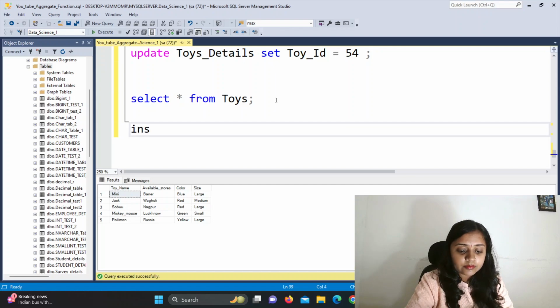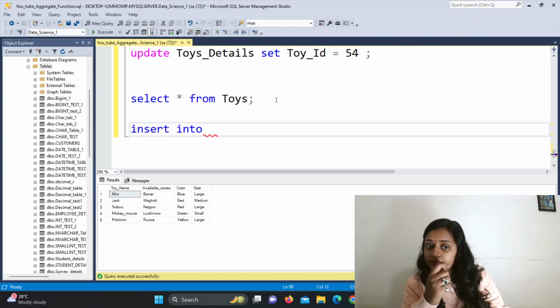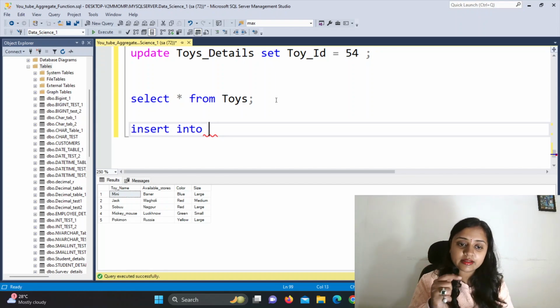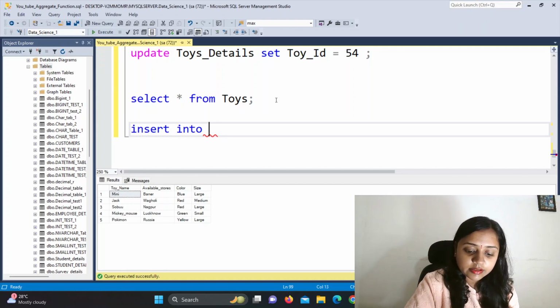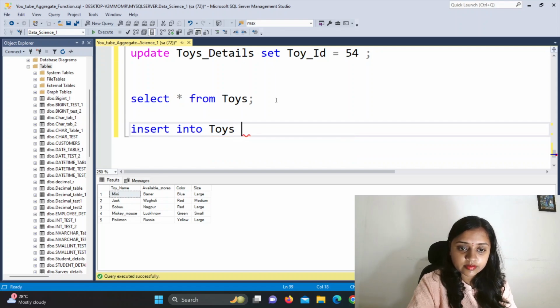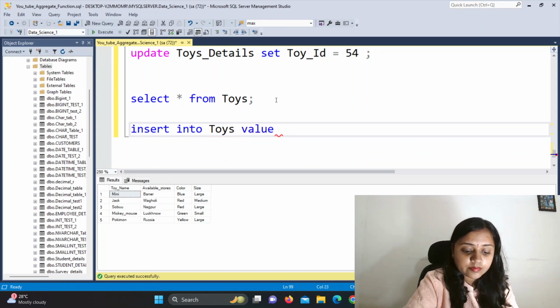So I will use the insert command, that is in the SQL commands category: insert into table name toys, and values.